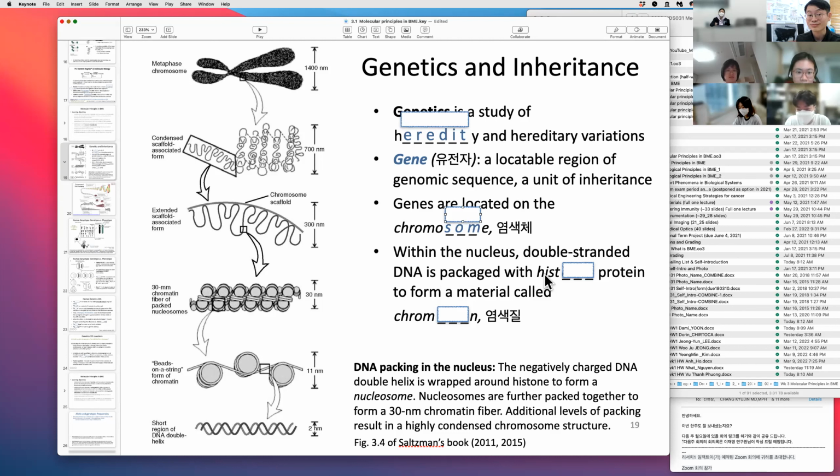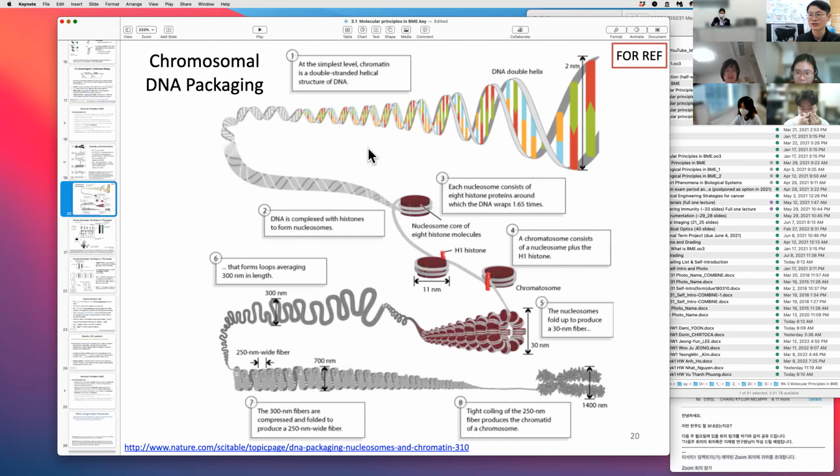I think one. Yeah. One, yes, right. Histone, yes. Histone protein to form a material called chromatin. Okay. So all this, I think you've got to see in terms of this nice diagram, and